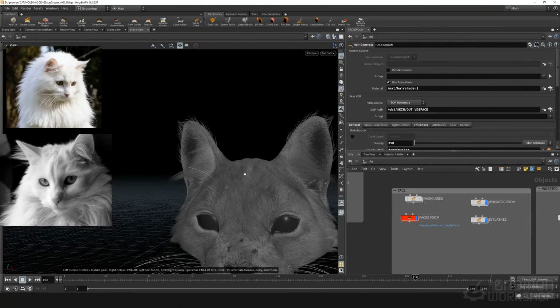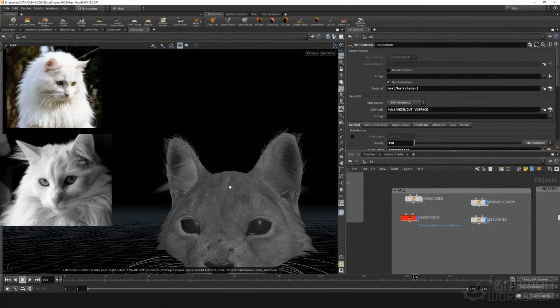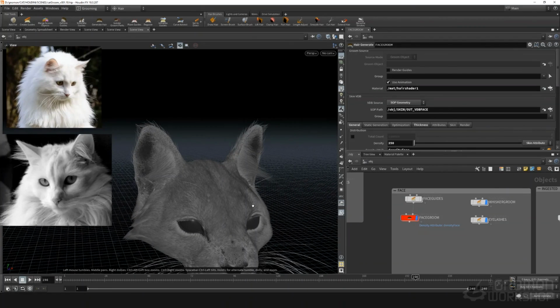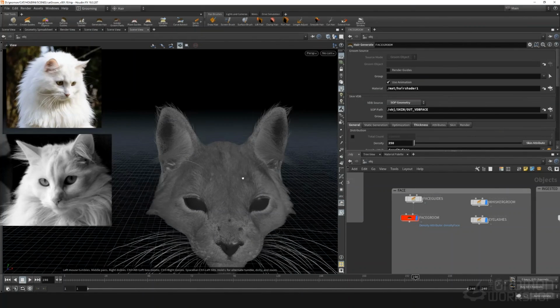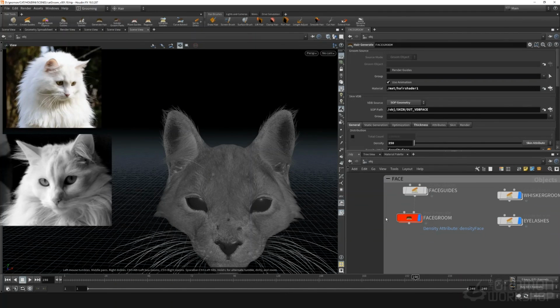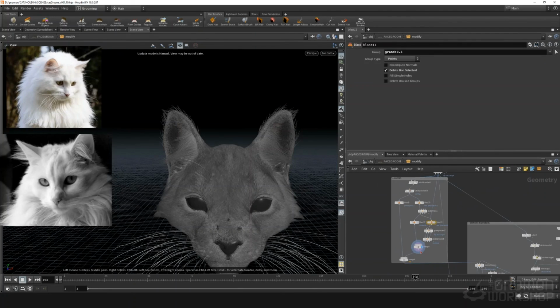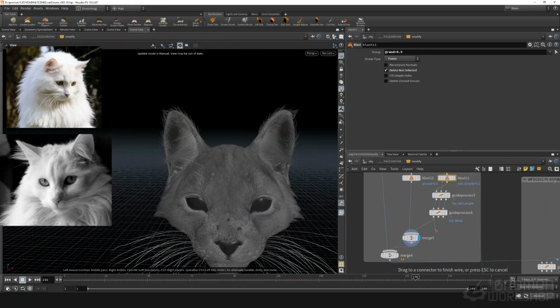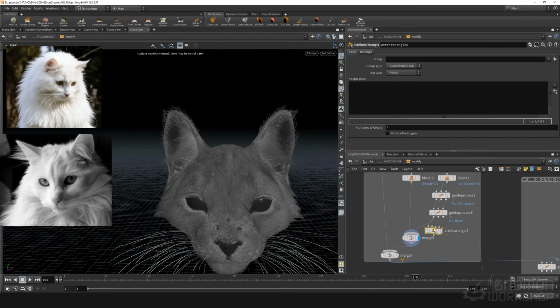That's how it looks like. We will also create an attribute wrangle that will deal with the width and then